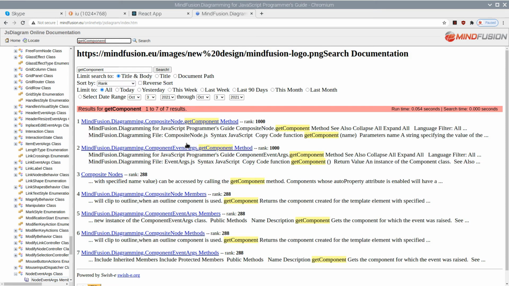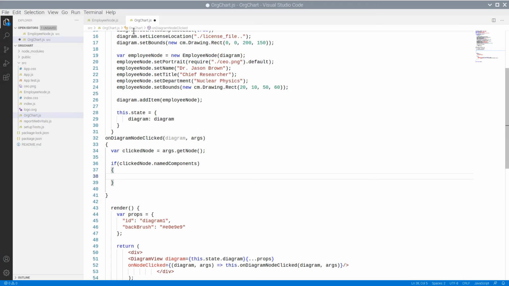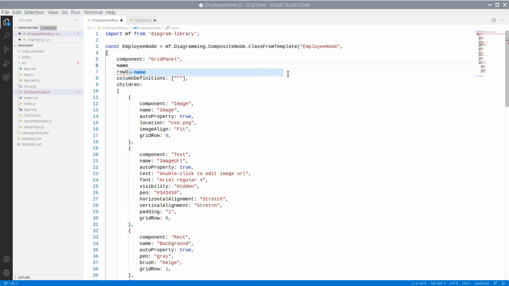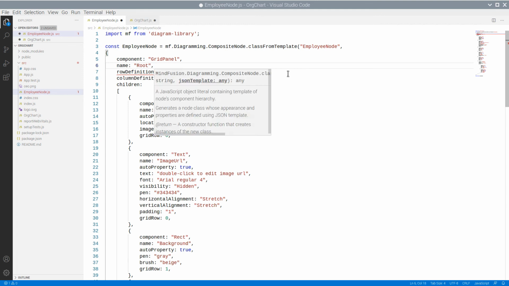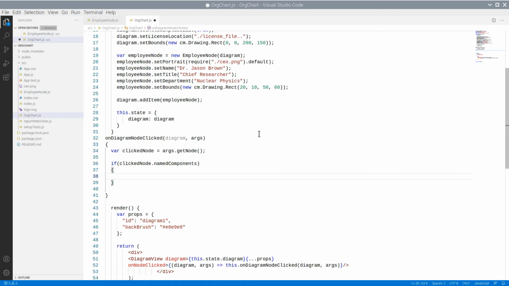The getComponent method of composite node allows us to get any of the components that build the node by its ID. We assign an ID to the root panel and get it.